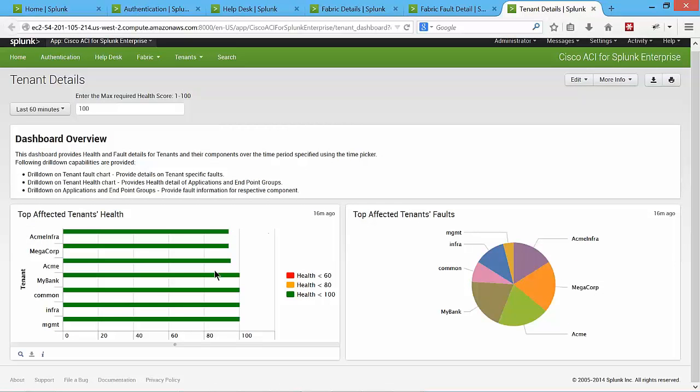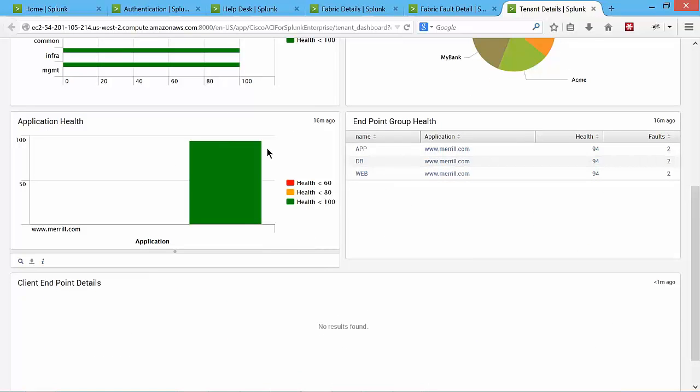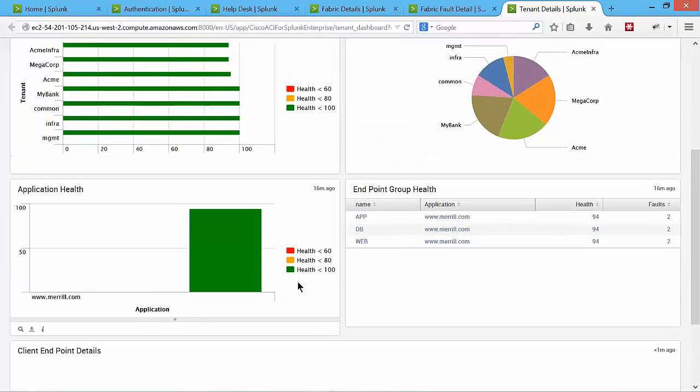We have here a list of our tenants. Now, tenants could be internal customers, as in departments or business units. It could be external tenants, relating to a customer name, for example. What I'm going to do is click on one of these and show you the drill down actions. So you can see here I clicked on one of my tenants and it shows the health of the application,